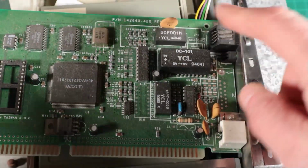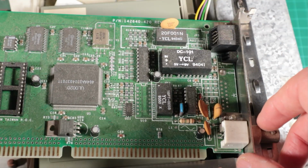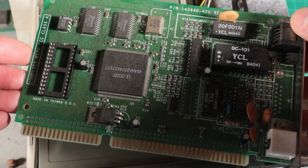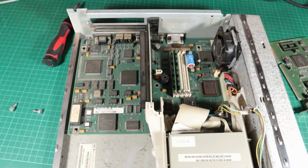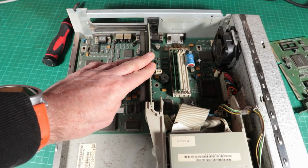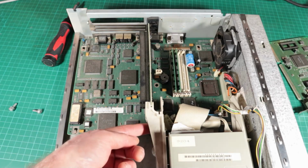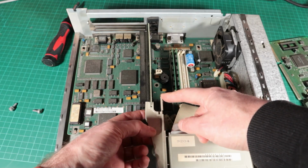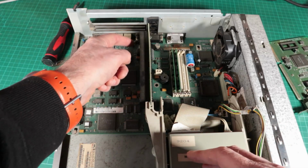It's got a ROM socket as well, so I guess potentially I could use it for XT IDE or something like that, maybe. Useful to have. And there is indeed a riser card there, so we'll get that out. It's only got 2 ISA slots, so we're quite limited to how many expansion cards we can have in here,